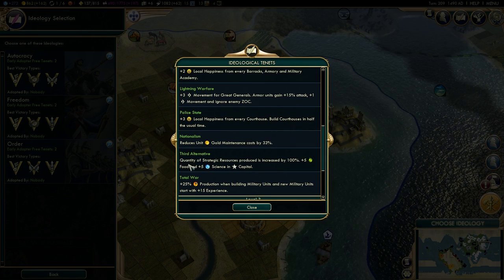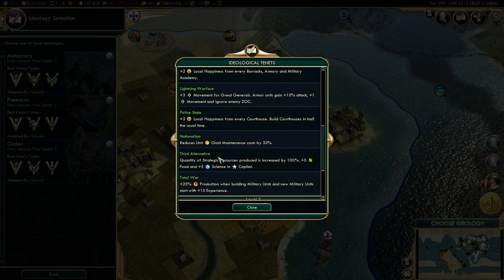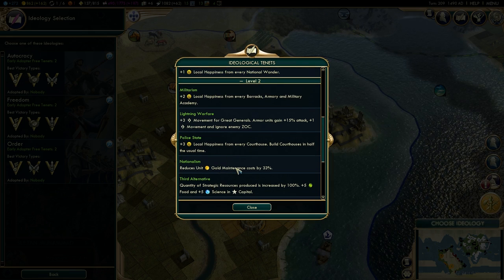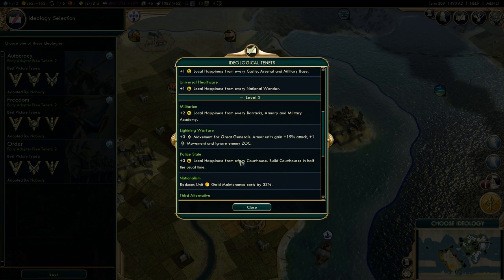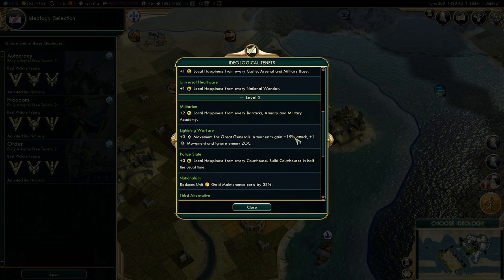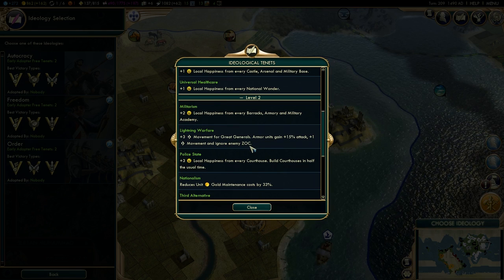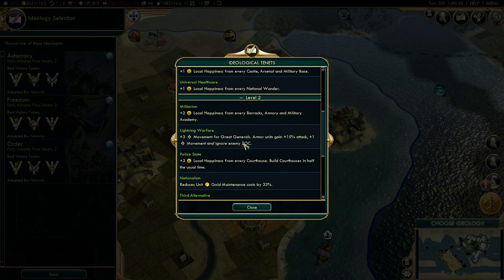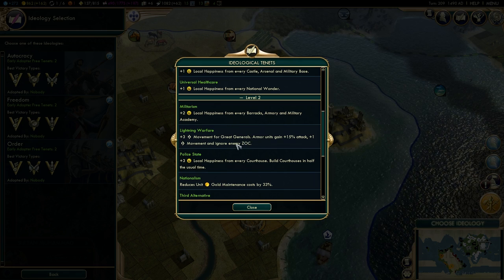First Alternative makes one patch of order into 14 or so. Very powerful if you are low on strategic resources. Unit maintenance might come in handy if you are poor, but I would avoid this if possible. And Lightning Warfare grants your armor units 15% attack plus 1 movement, and they can ignore enemy zone of control, which means they can rampage through enemy empires unimpeded. They don't have to care where other units are standing, they can just ride by them